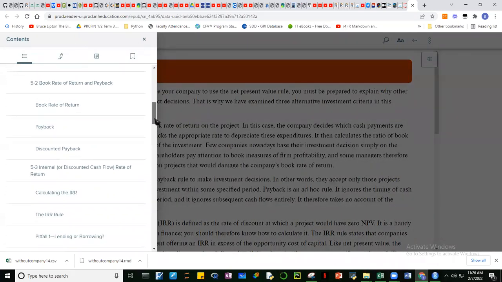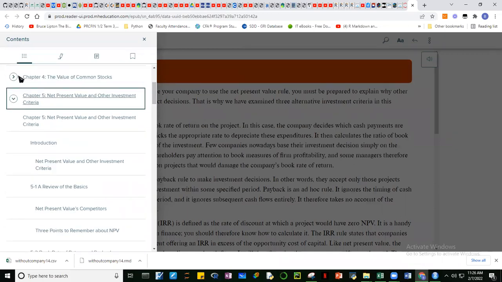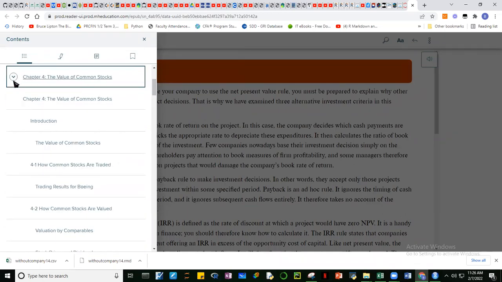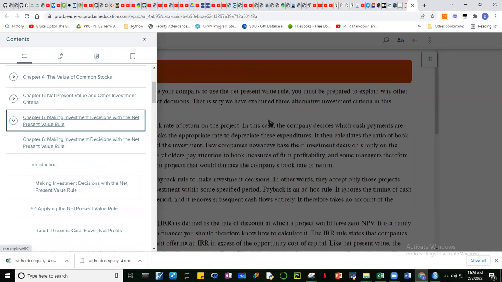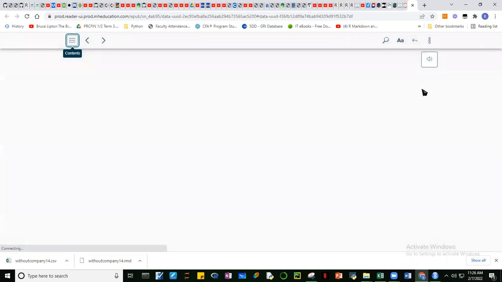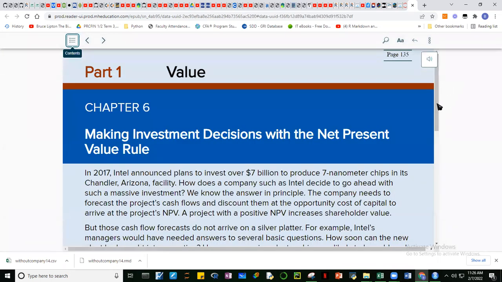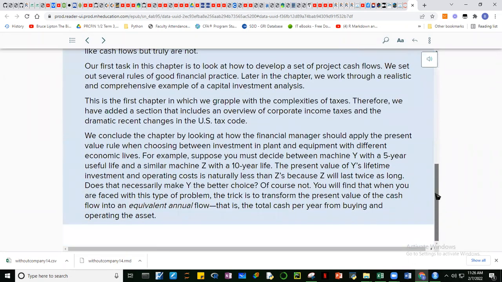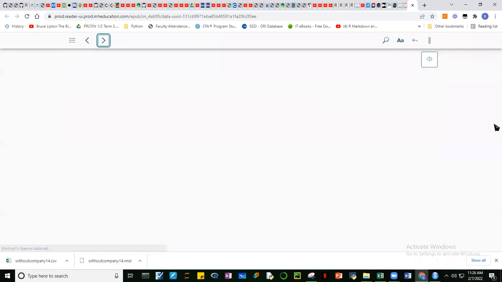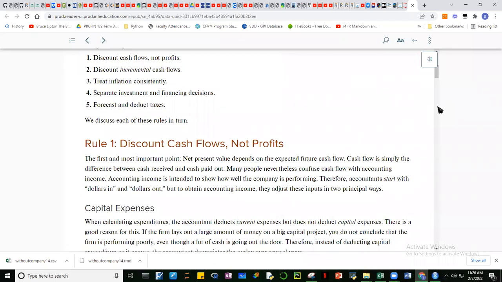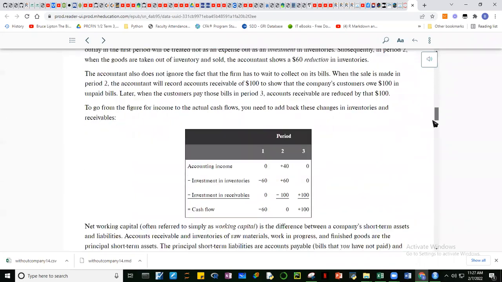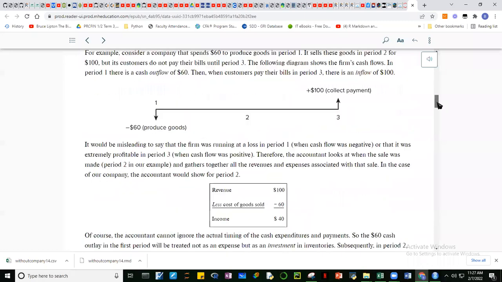Okay, so sinasummarize ko lang, guys, kung ano yung laman ng chapters 5 and 6. You have to read these chapters, guys, kasi yung concepts yung kailangan, no? Let's go to chapter 6. Mas maikli yung chapter 6. What's important in chapter 6 is how the cash flows are computed. So let's just take a look very quickly at how the cash flows are computed. Kasi kung walang cash flows, di ba? Hindi natin mako-compute yung NPV or IRR.